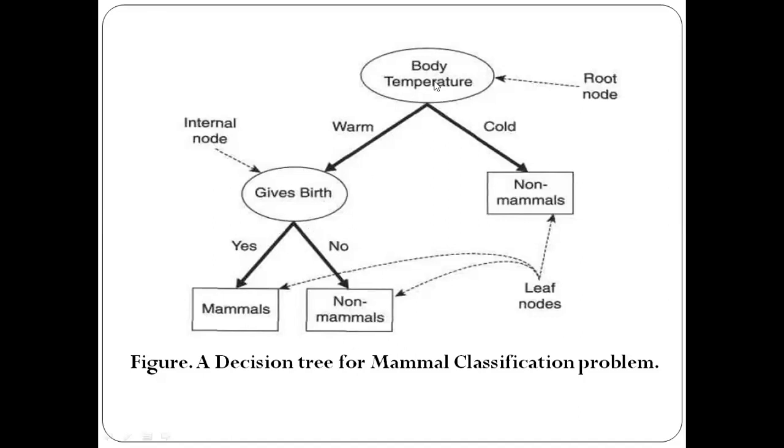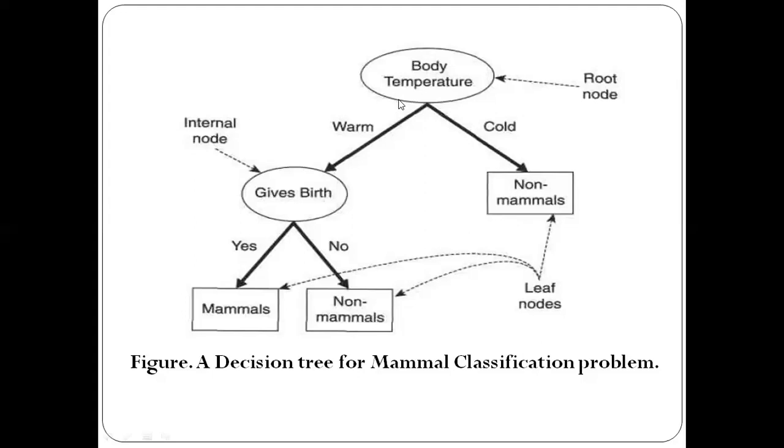Now one more thing: suppose at the first question only, if they are cold-blooded, then they will be considered as non-mammal. So like this, we have assigned the class labels to the training records here. The series of questions and the answers have been represented in the form of a decision tree. This decision tree is a hierarchical structure, consisting of the nodes and the directed edges. So this is for the given problem, the classification of the vertebrates.